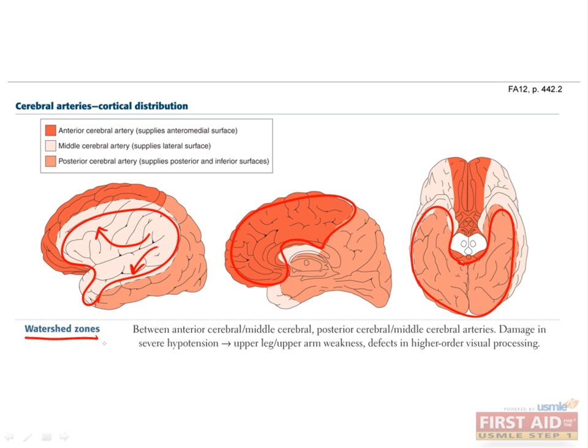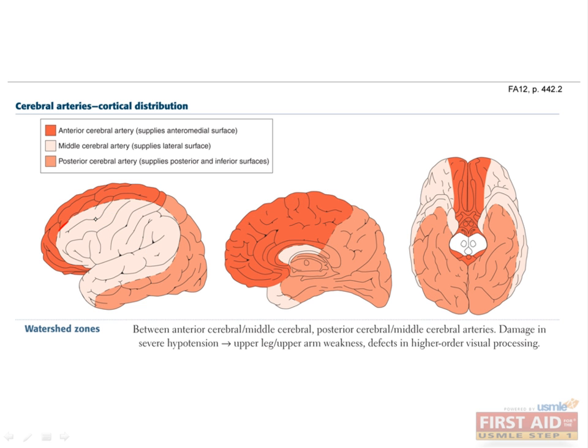Watershed zones are those areas most susceptible to hypoperfusion, and they occur between the ACA and MCA, and then again between PCA and MCA. The ACA-MCA junction mediates the proximal arm and leg areas of the motor homunculus. Thus, an infarct here produces a man-in-the-barrel syndrome, where these patients are able to walk, but their arms dangle and